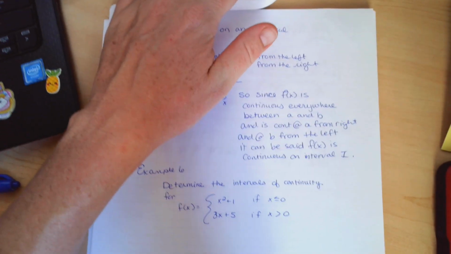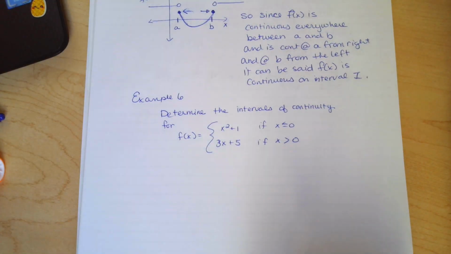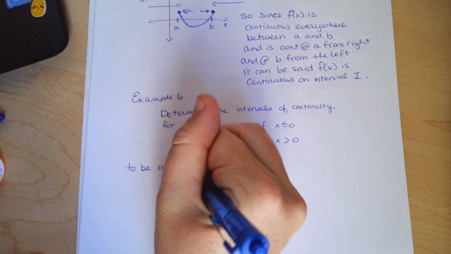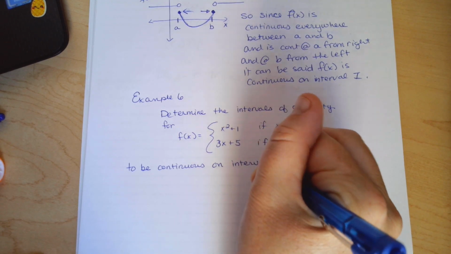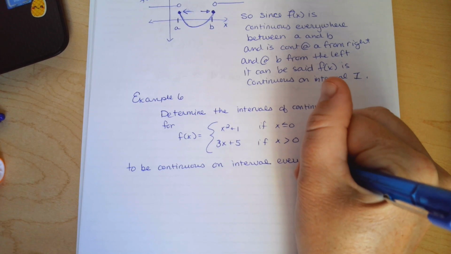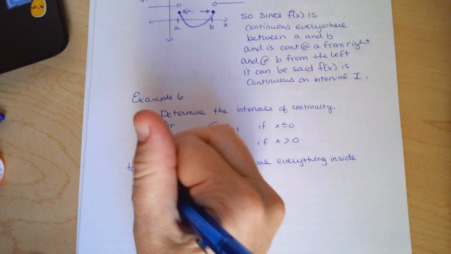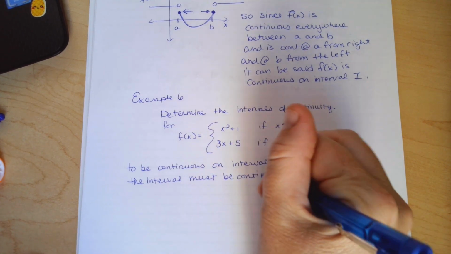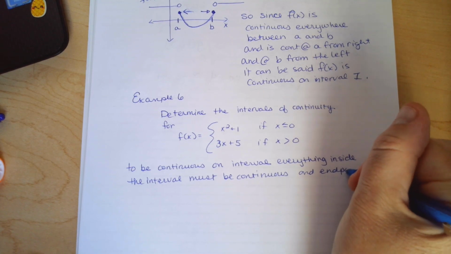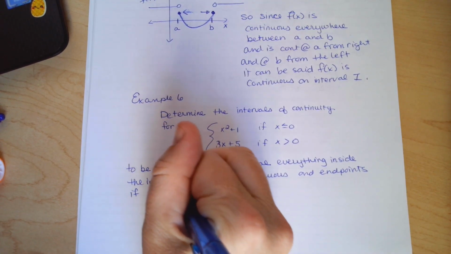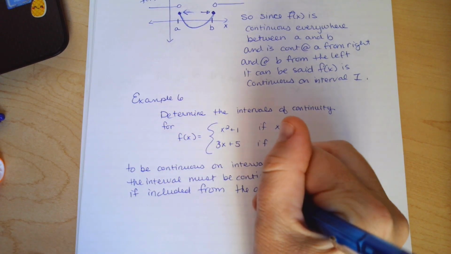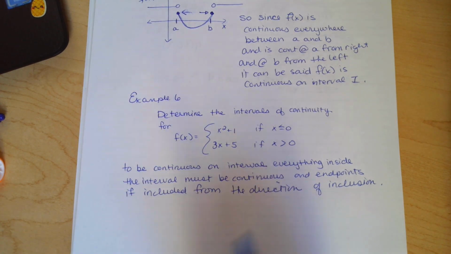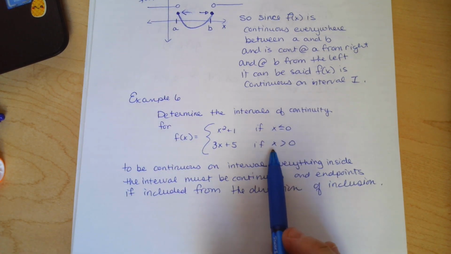Okay, so let's go ahead and review what is necessary for something to be continuous on an interval. So to be continuous on an interval, everything inside the interval must be continuous, and the endpoints, if included, from the direction of inclusion. Okay. So basically I know that the only interesting thing is going to happen here